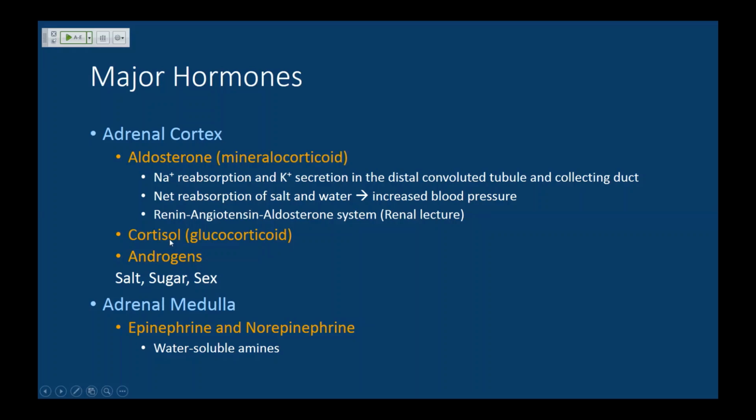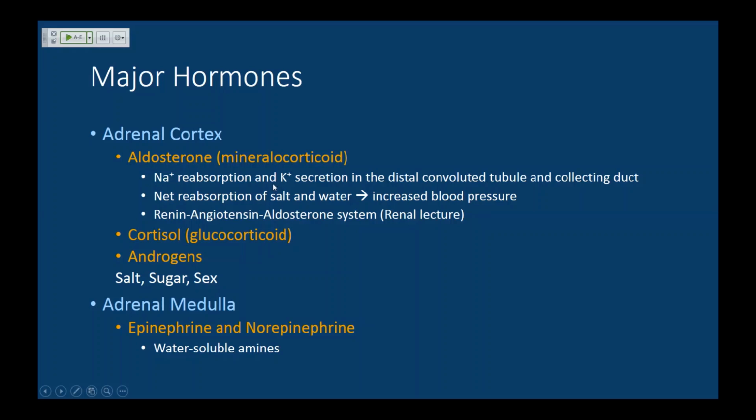Okay, cortisol is basically under control by ACTH, but aldosterone is also produced by the adrenal cortex, and it has its own control. So aldosterone is a mineralocorticoid, which means it's responsible for regulating mineral or ion levels within the blood, as opposed to a glucocorticoid, which is involved in glucose regulation. So the mineralocorticoid aldosterone